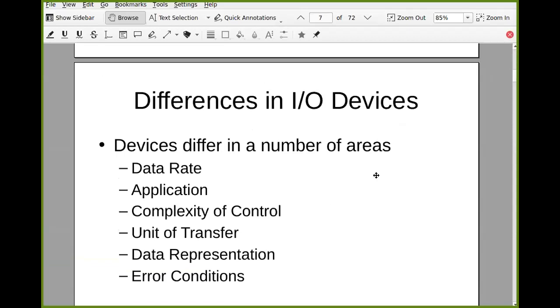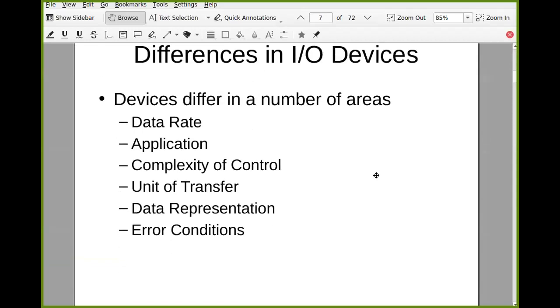So what is the difference in these IO devices? What things are different? There are a number of areas in which these IO devices are different. First is data rate: with what speed it can transfer data. Application: what is the application of this device? Complexity of control: how complex it is to control some device.